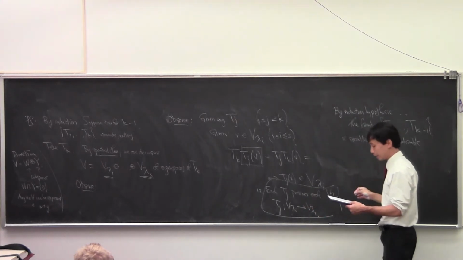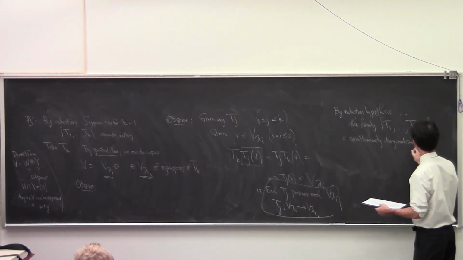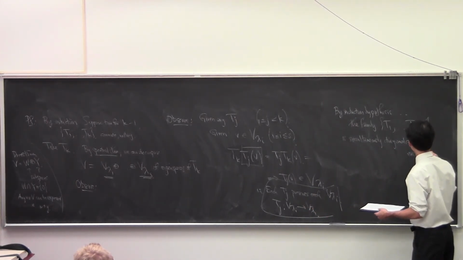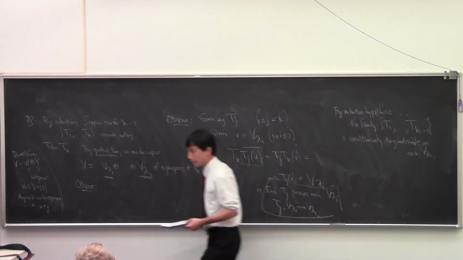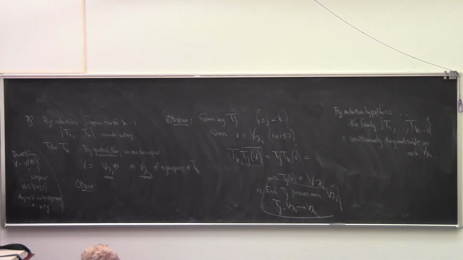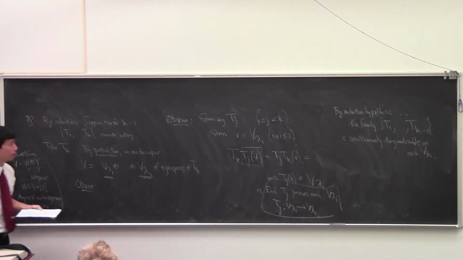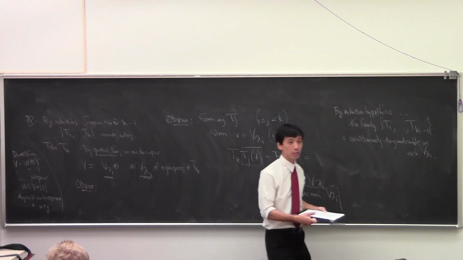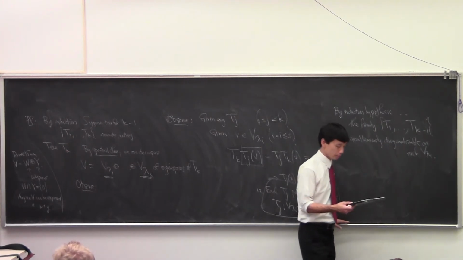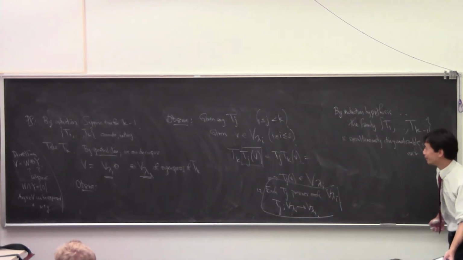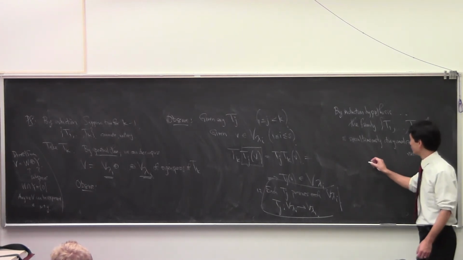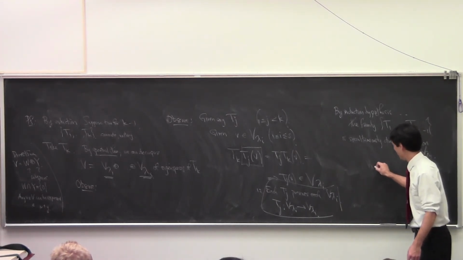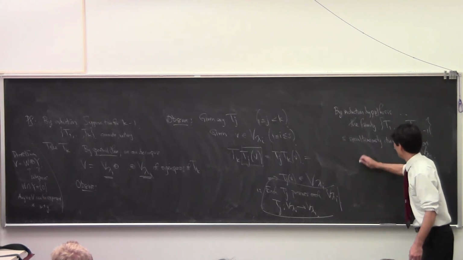Is simultaneously diagonalizable on each V lambda i. So now we do something. So this does something pretty funny. Like, what does that say? That each V lambda i